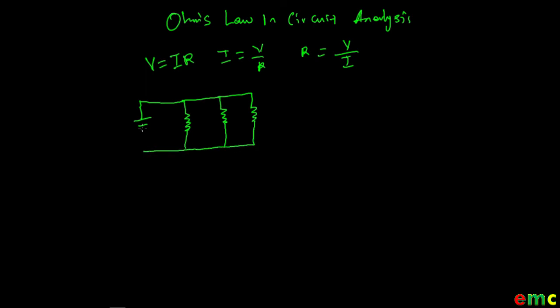All of them are connected in parallel to the voltage source. If we have a 12 volt source here, we have a load of 3 ohms here, a load of 4 ohms here, and a load of 6 ohms here. To get the current that is flowing in each of the loads,